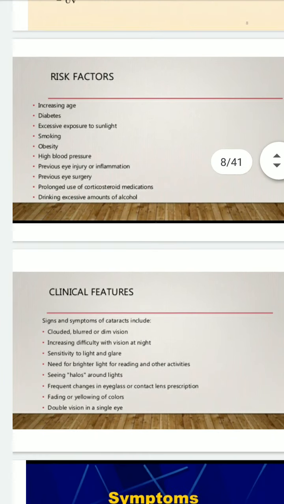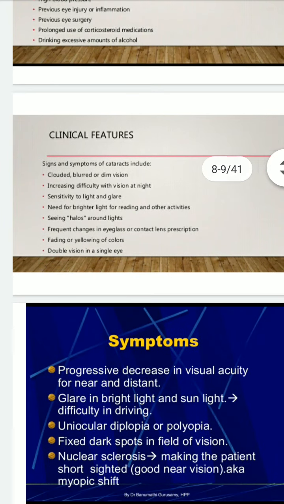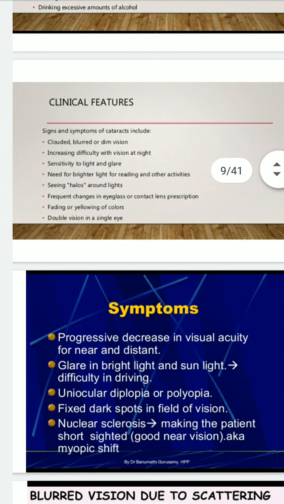The next one is the symptoms or clinical features. The main clinical features are progressive decrease in visual acuity for near and distant, glare in bright light and sunlight, then uniocular diplopia, fixed dark spot in the field of vision,